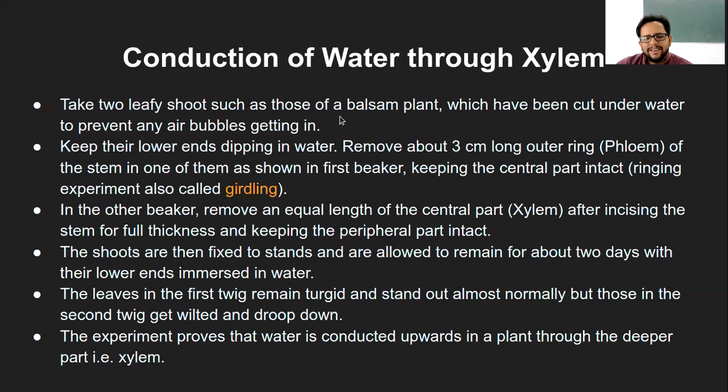And like here they have specifically mentioned balsam plant, but again you can take any other plant as well. Of course not those succulent type of plants or bryophytes or fern, that fern type of plants. You cannot use those because they have different systems altogether in terms of they may not need much water and so on. So that way we don't use any of those plants, but regular plants like balsam is the common plant that is being used for this experiment because the water absorption rate is quite high in short span of time. So, and they have been cut under water to prevent any air bubble.